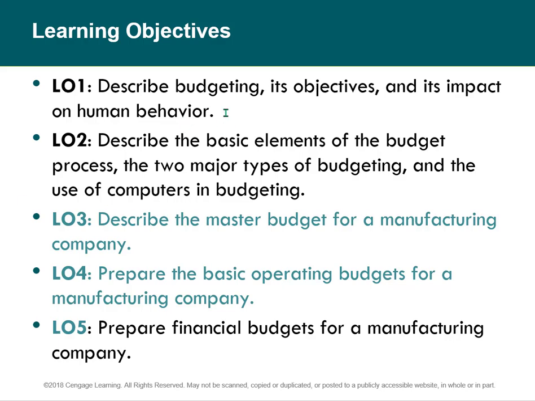Okay, so far we've looked at the objectives of budgeting and talked a little bit about how it impacts human behavior. And then we talked about the basic elements of the budget process and who's involved in it. We talked about two major types of budgeting. And now we're going to look at the master budget for a company, and then the steps in preparing a